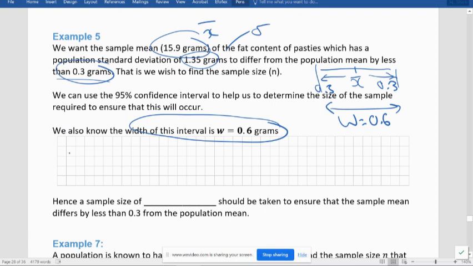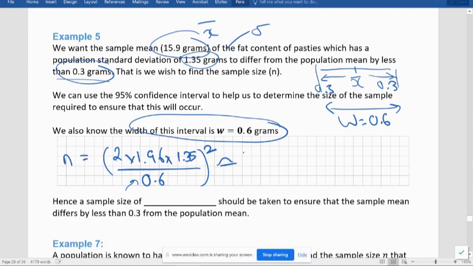You've got a formula on the previous page to find n: we simply put 2 times the z value times the standard deviation, over the width. So that's going to give us approximately